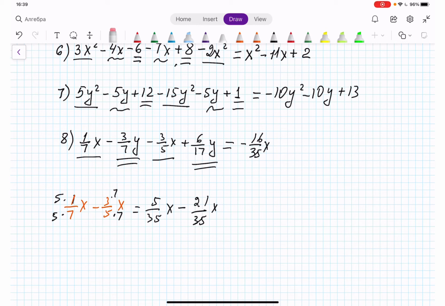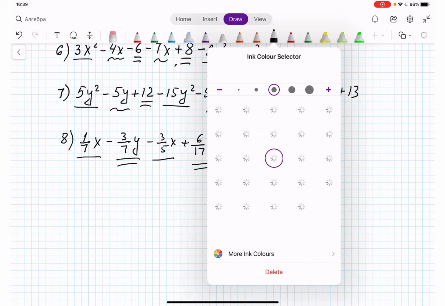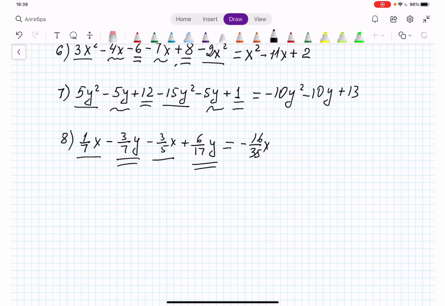Okay, now let's combine the other two, the terms that have y. Negative 3/7 y plus 6/17 y. Okay, sorry, y is not in denominator here or in numerator. All right,